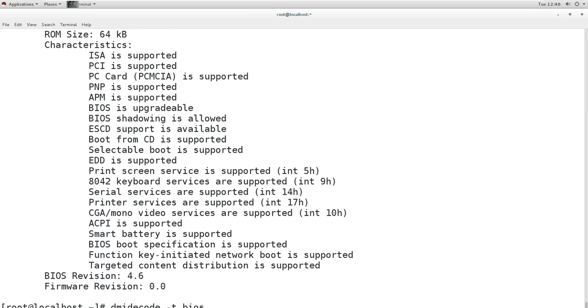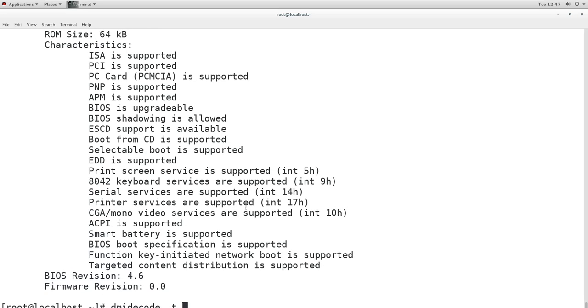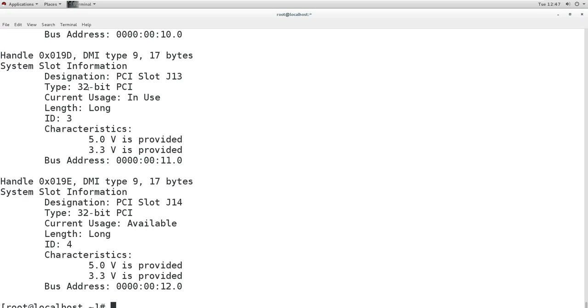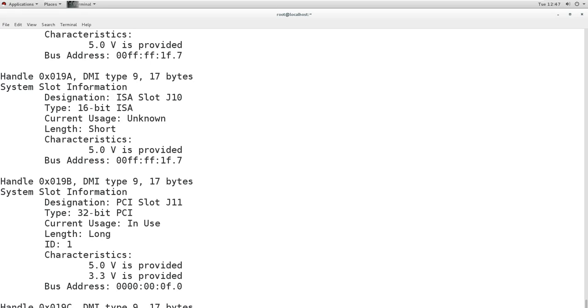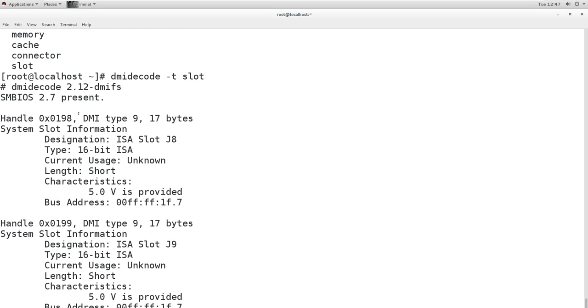And just like this, you can see all the other information related to your system, baseboard, processor, memory, and all that. You can also see the information about your slots, like how many slots I have and what I have in a slot. So I have these slots and what I have in those slots. I can see all these.